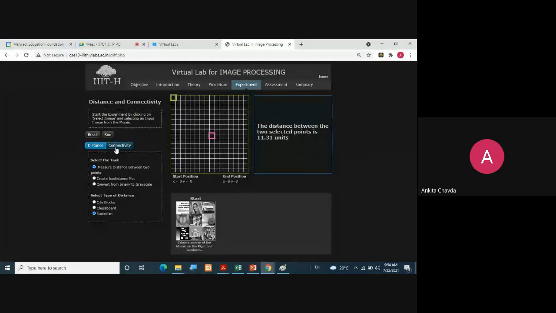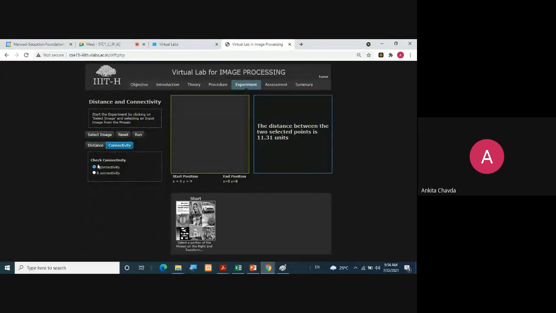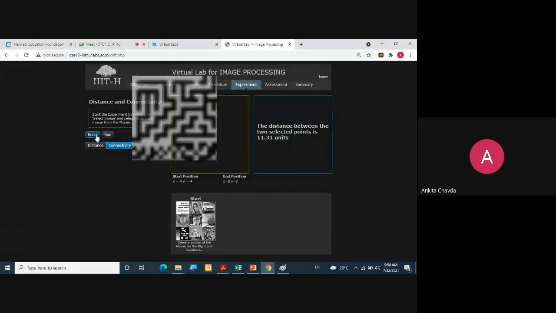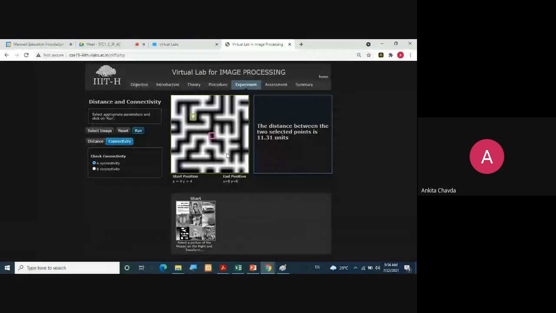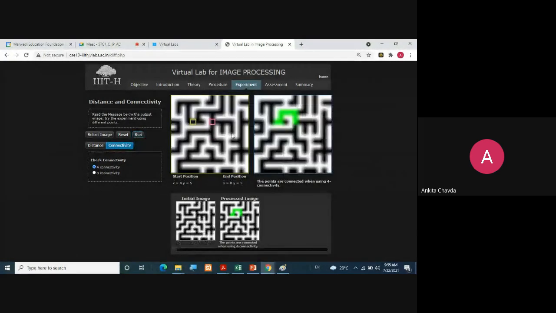Then you can even check for the connectivity. You can select the image. Suppose you are selecting this part, right? So you have to select here the same color values, right? So suppose we are selecting here this black and this black, okay? And if we run this, we will get the way how we are actually reaching to that value.